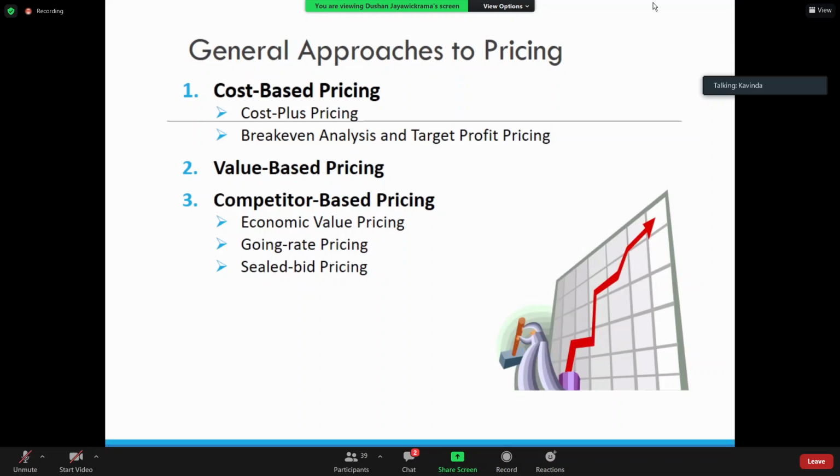Sir, I have a small doubt in my mind. I'm wondering whether this value-based pricing is actually happening in Sri Lanka. For example, if I go to the market, I don't believe this product will give me this much value. But without considering that, in order to satisfy a need or want, anyhow I am going to purchase it. But the supplier has determined the price. It's always them who do it.